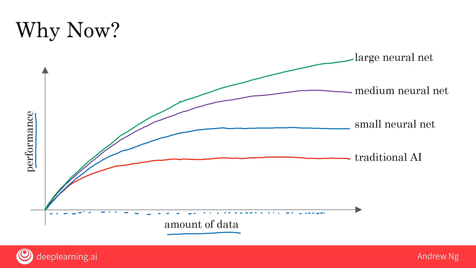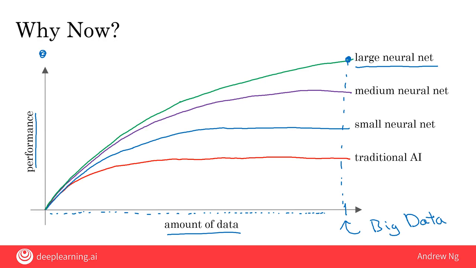Now, here are a couple implications of this figure. If you want the best possible levels of performance, your performance to be up here, to hit this level of performance, then you kind of need two things. One is it really helps to have a lot of data. So that's why sometimes you hear about big data. Having more data almost always helps. And the second thing is you want to be able to train a very large neural network.